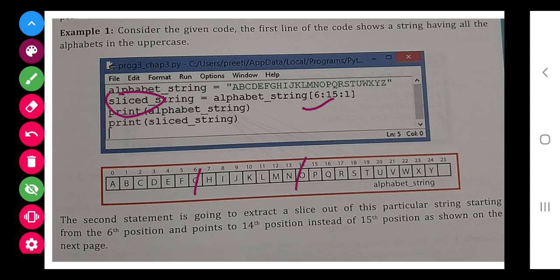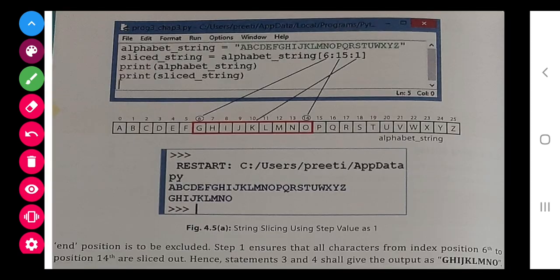It will come till O. This should come A to Z, this should come G to O. This should be the output. So class, you can see G to O. This is again done. You try practically.